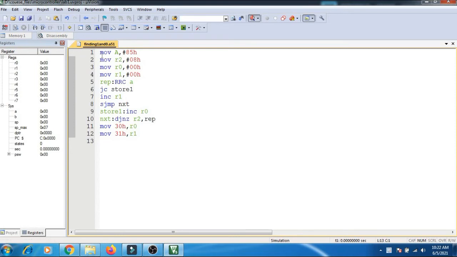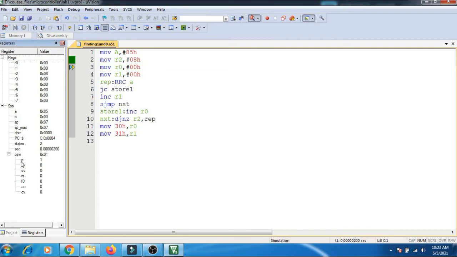So now the first instruction we have is MOV A, #85H, which is nothing but 85 should be copied into the accumulator, right? 85 is copied in the accumulator. So next, R2 we are using as a counter to check how many times we need to rotate. So R2 is initialized with 0AH. Okay. So next R0 is initialized with 00H and R1 is initialized with 00H. Anyhow, by default we have 000, right?